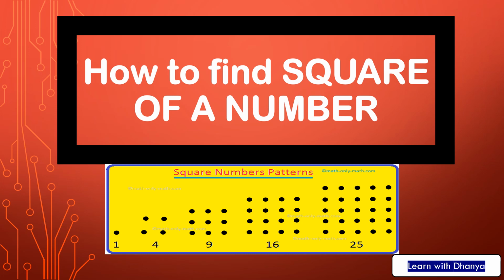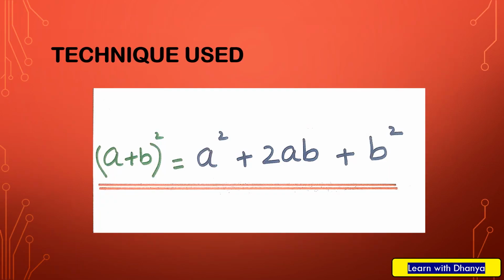In the simplest way. While explaining, you'll find it a bit tedious, but once you practice a few examples, finding the square of a number will be a cakewalk. The process to find the square is made simple with this technique. It is nothing but the well-known algebraic identity, that is, (a + b) whole square is equal to a square plus 2ab plus b square. Come on, let's get started.